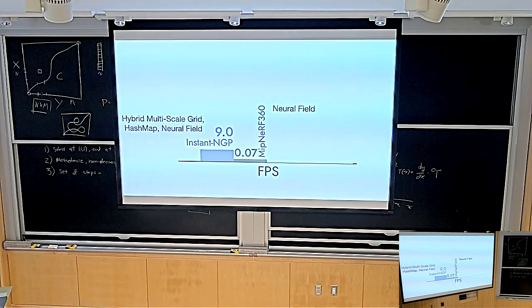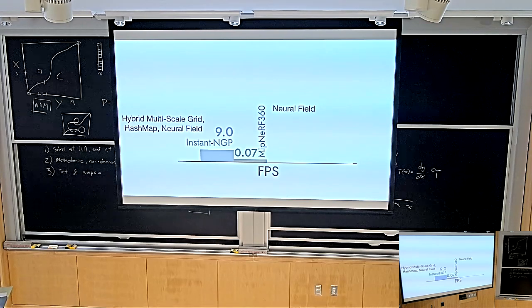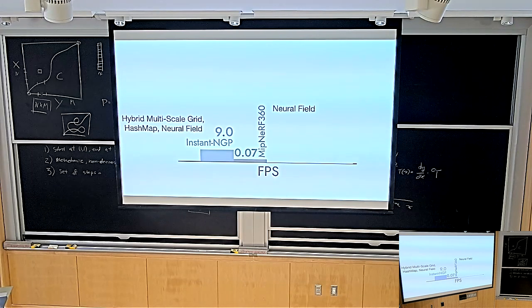Here, this is a paper from NVIDIA, Instant NGP, Müller et al., from 2021. Instant NGP now renders at 9 frames per second. This is optimized a lot. These are literally people at NVIDIA who wrote everything in custom CUDA code, as optimized as it gets. But still, 9 frames per second is not very fast. It's very far away from anything you can use in real-time computer graphics. If you want to play a video game, 9 frames per second is not going to cut it. You need more like 60 or 120 FPS. So we're very far from that.